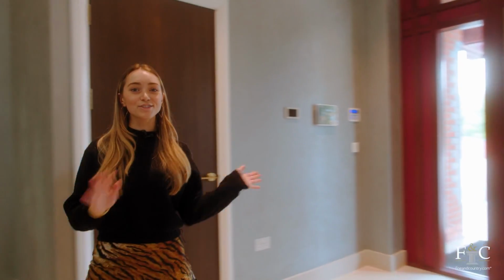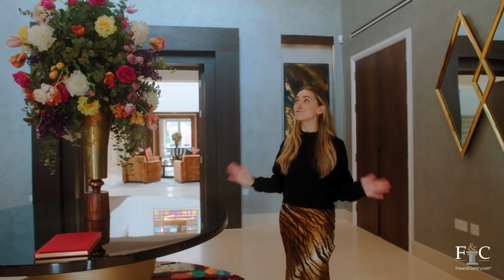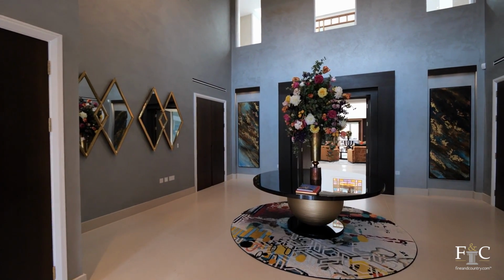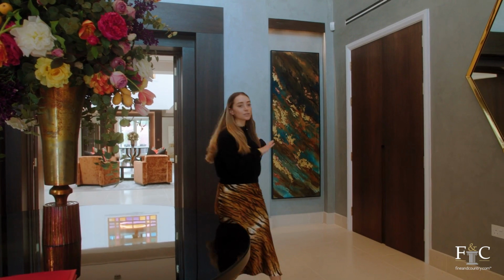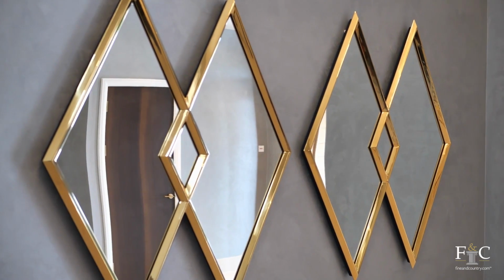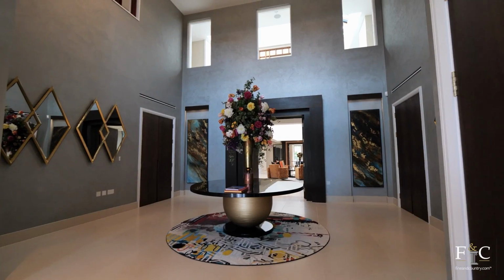Wow, so entering in through the front door, you're welcomed into this incredibly grand foyer. You've got enough space for this huge statement table with flowers here. Behind me, I've got beautiful pieces of artwork, which are complemented by these statement mirrors. And already I can see a view onto the first floor, which makes me so excited to see the rest